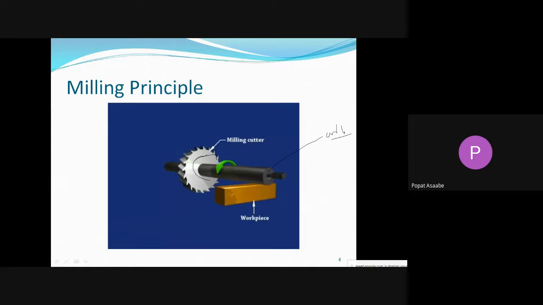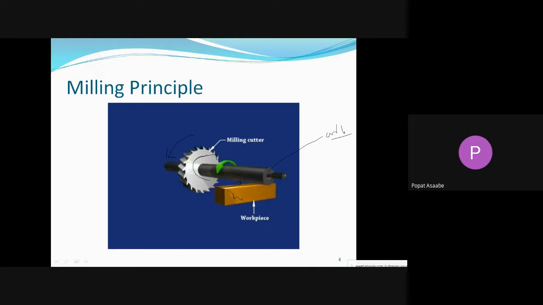And see, this is the workpiece, and now we want to remove the material from that workpiece. Now, what is the working principle for this? See here, this milling cutter we can rotate. Already that arbor is fixed into the spindle of your machine.